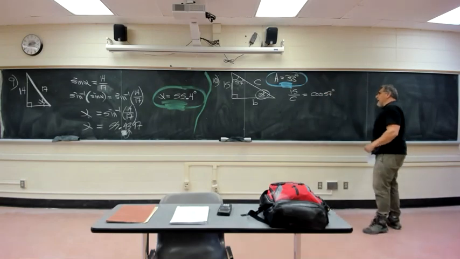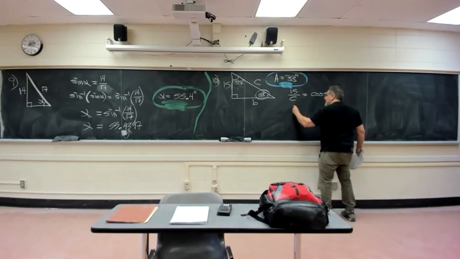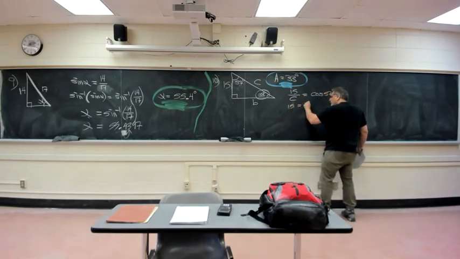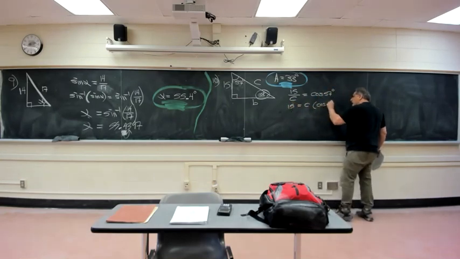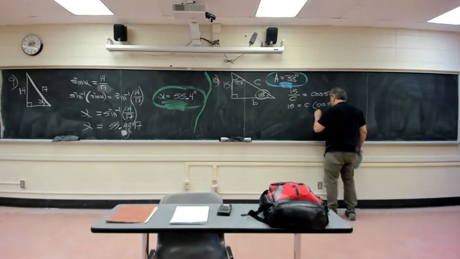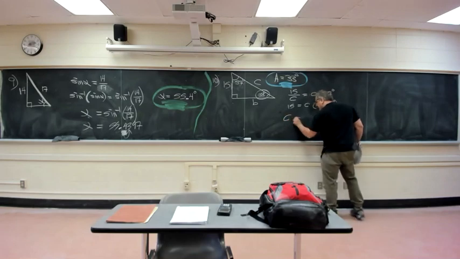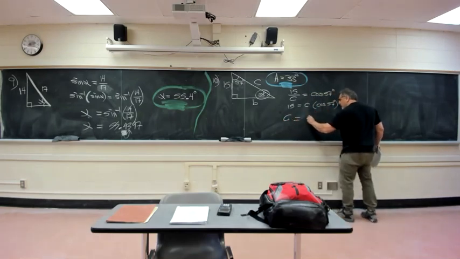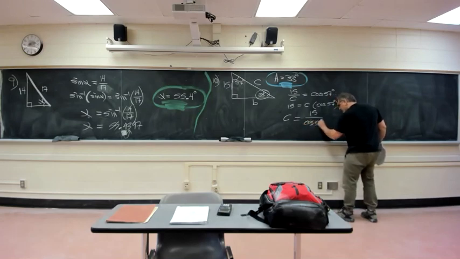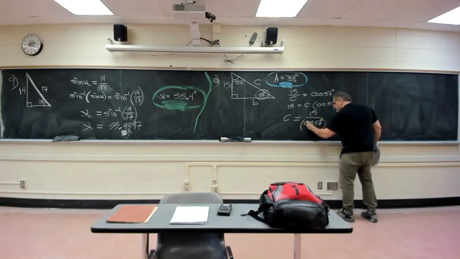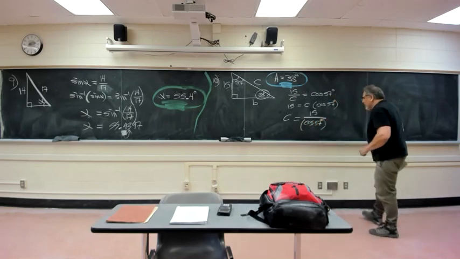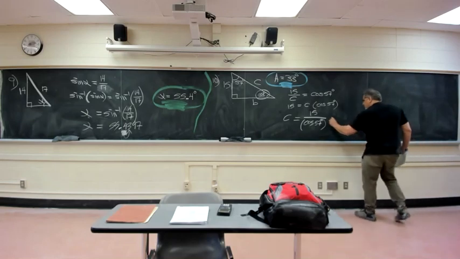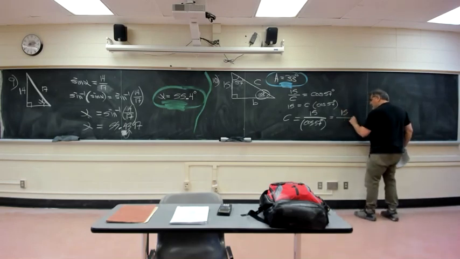Sounds good to me. Let me tinker with this. Let me multiply by C on each side. C times cosine 57 degrees. And let me divide by cosine 57 degrees on each side. I got this. Yeah, that's equal to 15 divided by